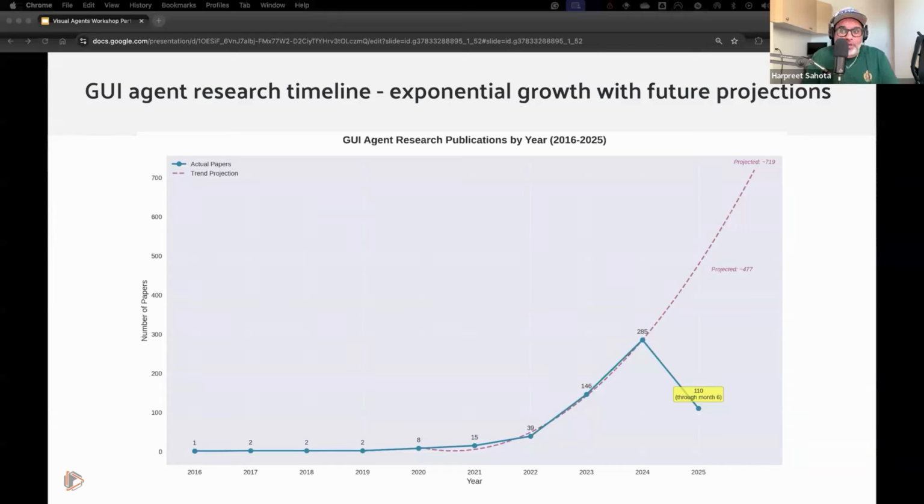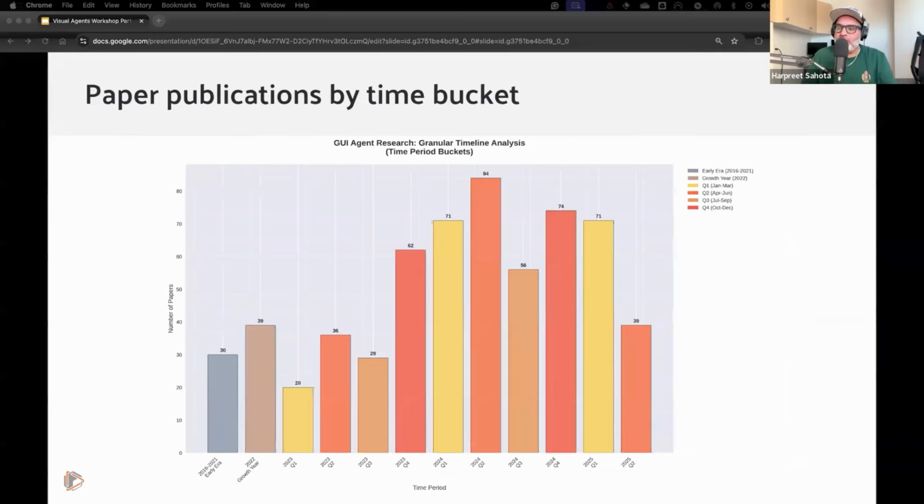Is it going to get to a point where this exponential growth might not be sustainable? I don't know. That's yet to be uncovered, but it's a hot area of research, and there's a lot of action happening. And if we drill down into this a little bit more granularly here, what I did was an analysis where I bucketed everything from 2016 to 2021 as the early era, kept 2022 as its own thing because there's a substantial amount of papers there, and then looked at quarter by quarter growth from